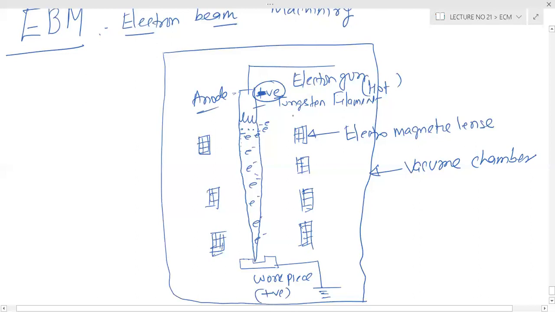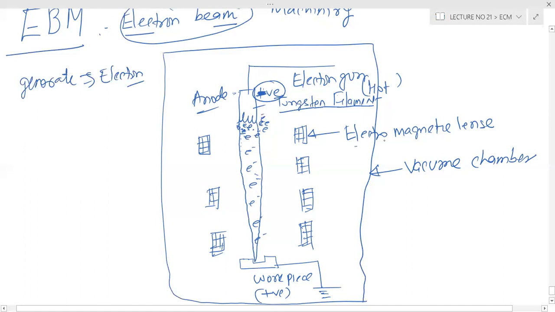So as we say, there is an electron beam. So first you have to generate electrons. What we do is we take a tungsten filament and apply current, and finally we get electrons. But the electrons will be here only. They will not move. They will be just over the filament.